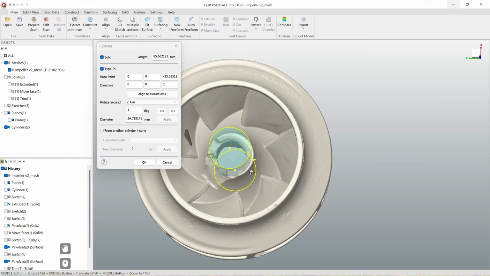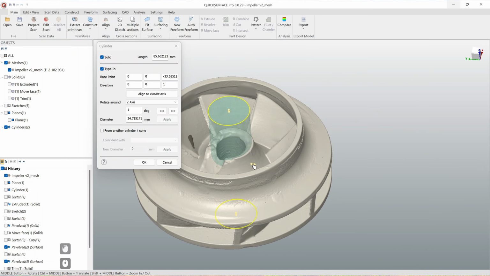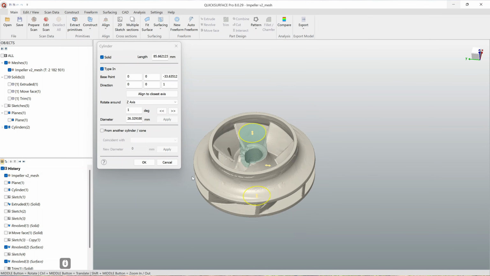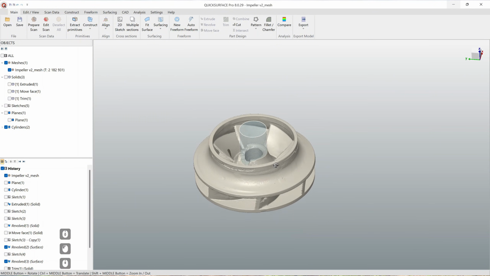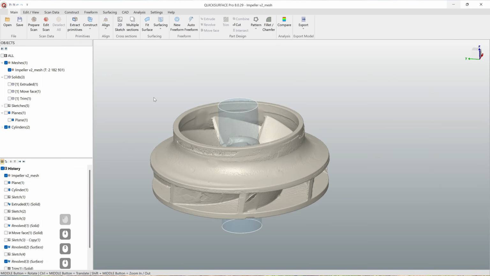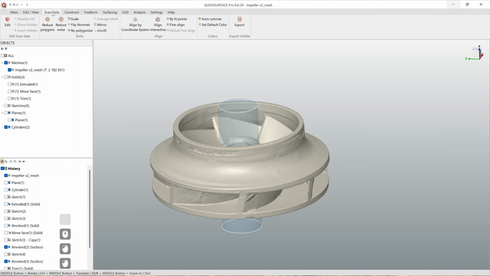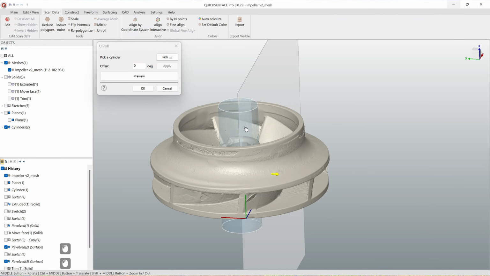Let's use diameter, something like this, because diameter of this cylinder is sort of neutral plane which will be used for unrolling of our scan data. I'm going to create it like this, and we can go to our scan data tab, unroll feature. It asks for pick a cylinder. Pick our cylinder,